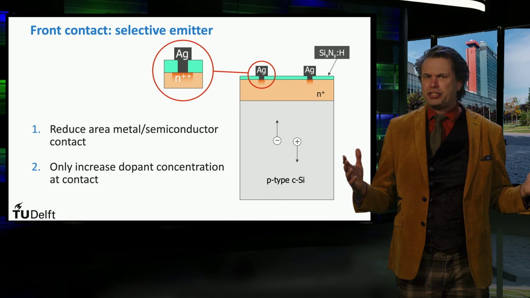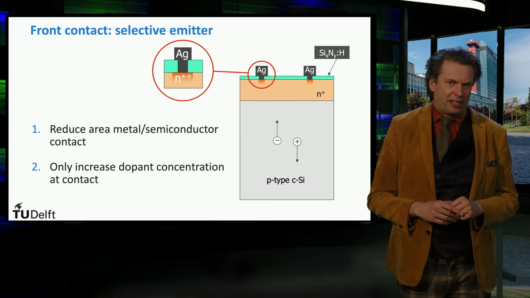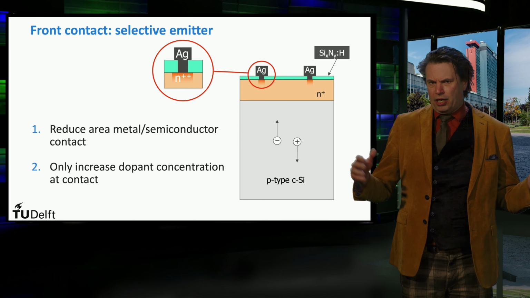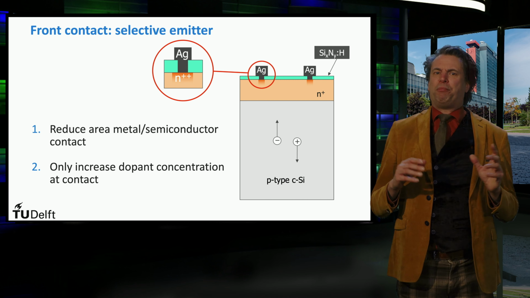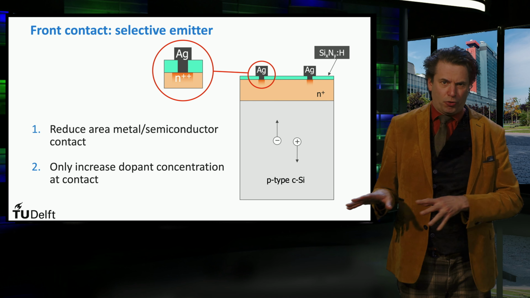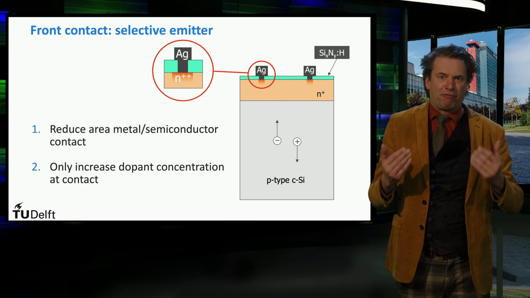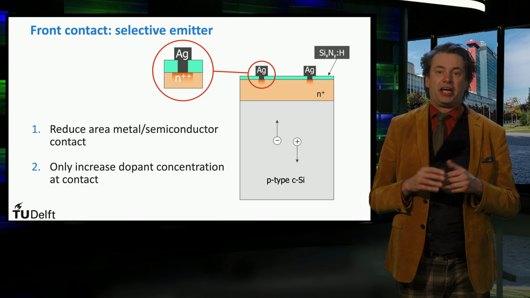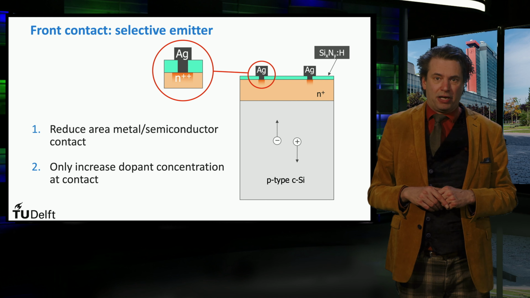In the figure you see that the contact area between metal and the interface is kept as small as possible. The sides of the metal contacts are buried in the insulating passivation layer. The area below the contact has been heavily doped. These two approaches reduce the recombination and collection losses at the metal contact.